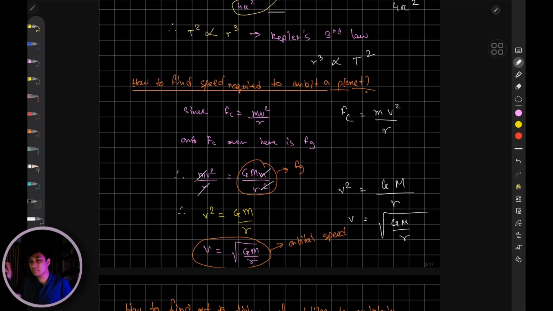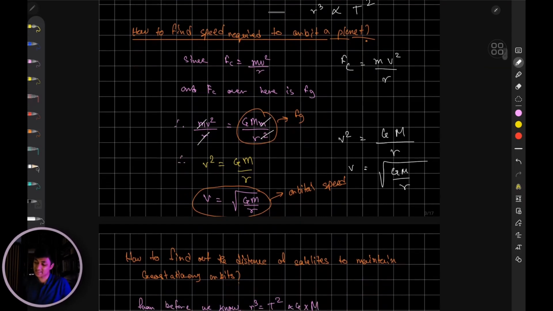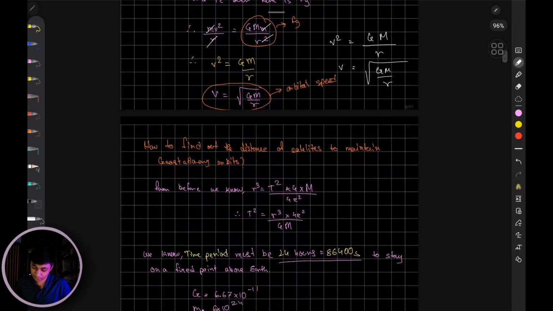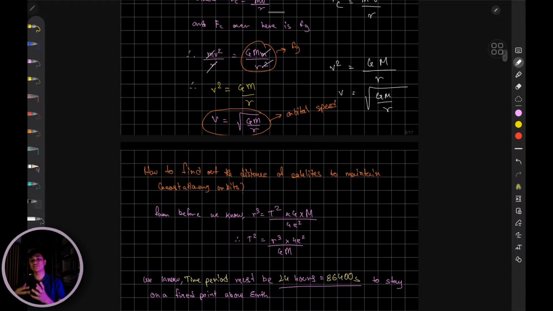So its mass is not a factor, which is why the radius is actually going to determine at what pace, at what velocity the Moon is going to revolve, right? So your radius is the only factor because the mass of Earth is not going to change, and the gravitational constant is not going to change either. So your radius is going to be the factor over here. So different objects at different separations away from Earth are going to have different velocities. Granted, the gravitational field is providing the